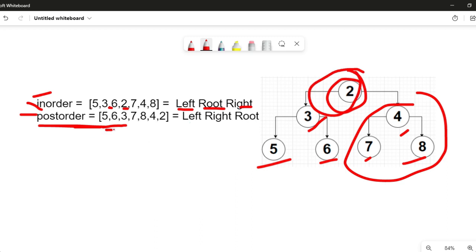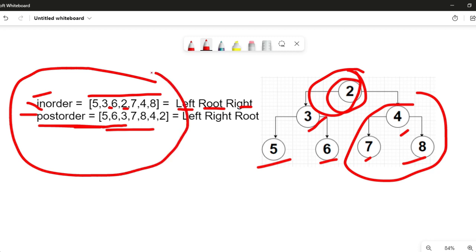So basically that's how we form in-order and post-order traversals. But in this question we are not given a tree, we are just given the in-order and post-order, and we need to determine how to make a tree from them. One intuition we can make very clear from here is that the last node inside our post-order traversal will always be our root node,